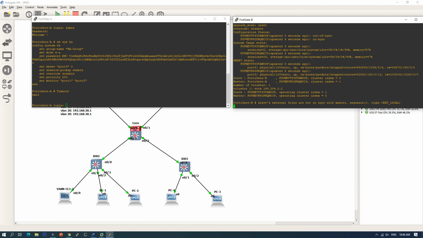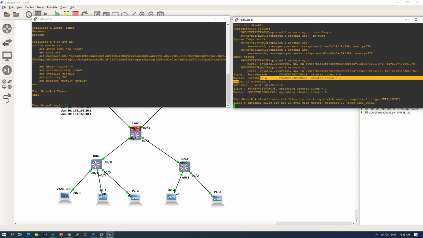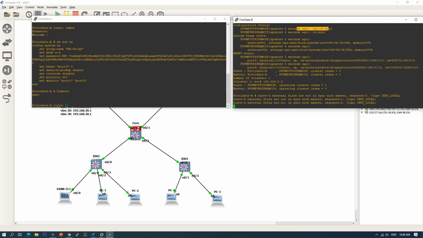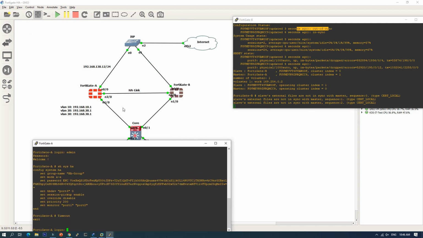Now we can see the HA cluster. The slave is FortiGate B, master is FortiGate A. Okay, and this is the serial number, and you see FortiGate B is out of synchronization, so it will take some time to synchronize from FortiGate A to FortiGate B. All the configuration from FortiGate A will update to FortiGate B after it synchronizes everything.